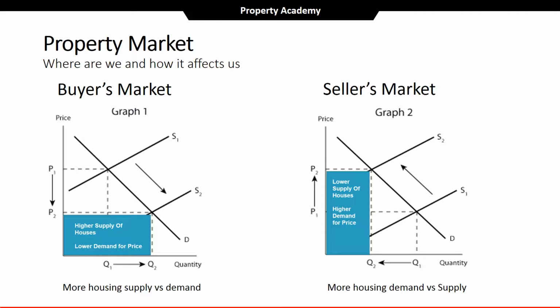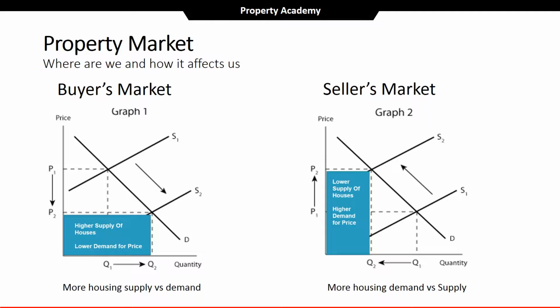So on the left hand side, we can see a graph here, and the left hand side is basically the price, on the bottom is the quantity. So we can see that basically the more quantity of housing, the less the price is going to be, right? And that's quite logical because the higher supply of houses means, well, if there's more housing available, people are going to pay less for it because there's so much stock available on the market,